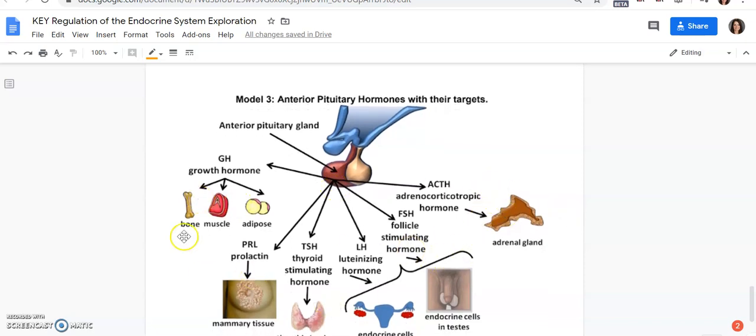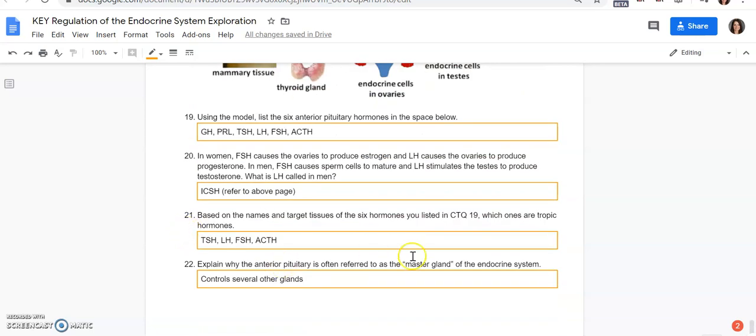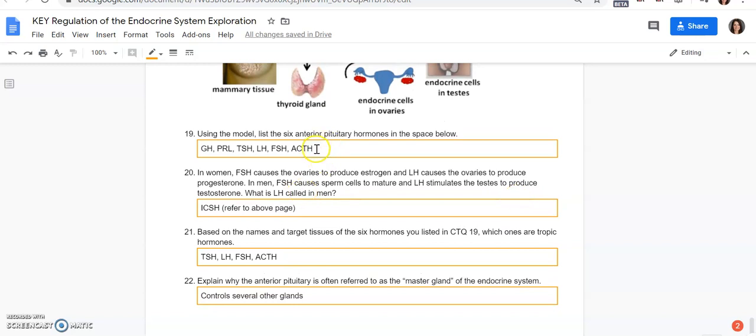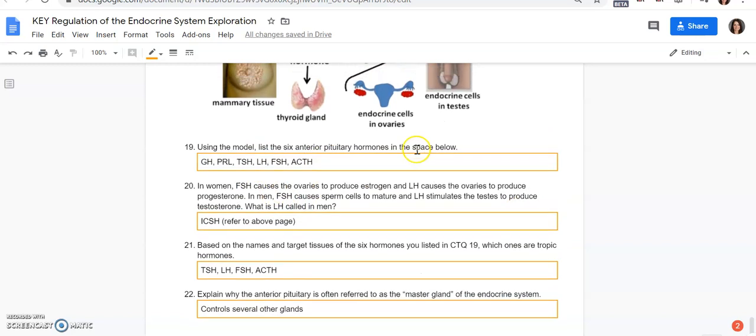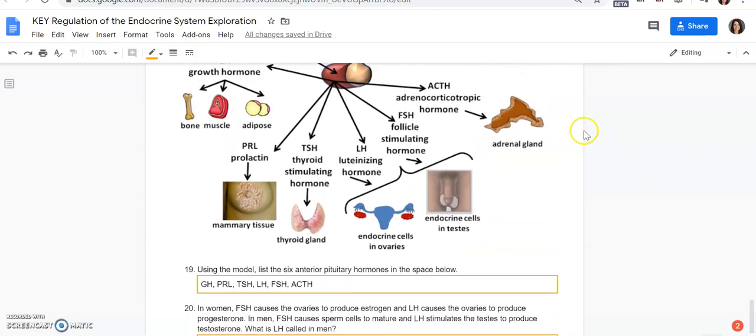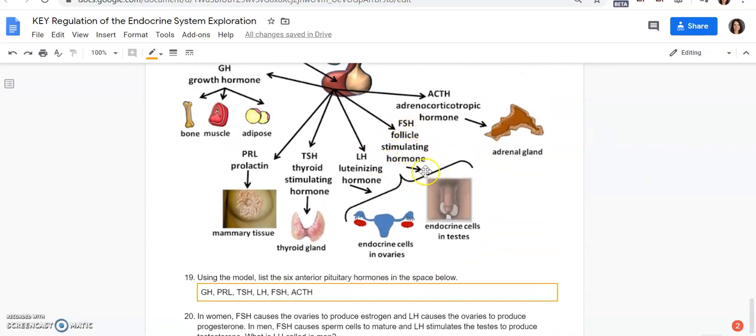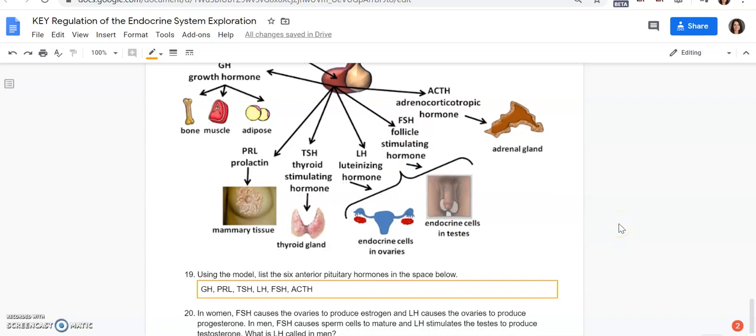All right, and then the last model showing the anterior pituitary hormones with all of their targets. Using the model, list the 6 anterior pituitary hormones in the space below. So I just abbreviated those. In women, FSH, which is right here, the follicle stimulating hormone, causes the ovaries to produce estrogen, which is a very important hormone. And LH, the luteinizing hormone, causes the ovaries to produce progesterone. In men, FSH, they still have this hormone, causes sperm cells to mature, and LH stimulates the testes to produce